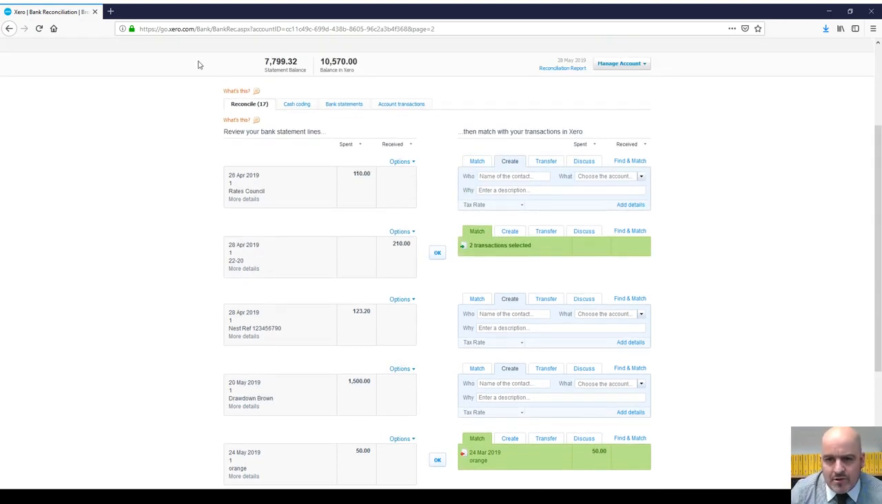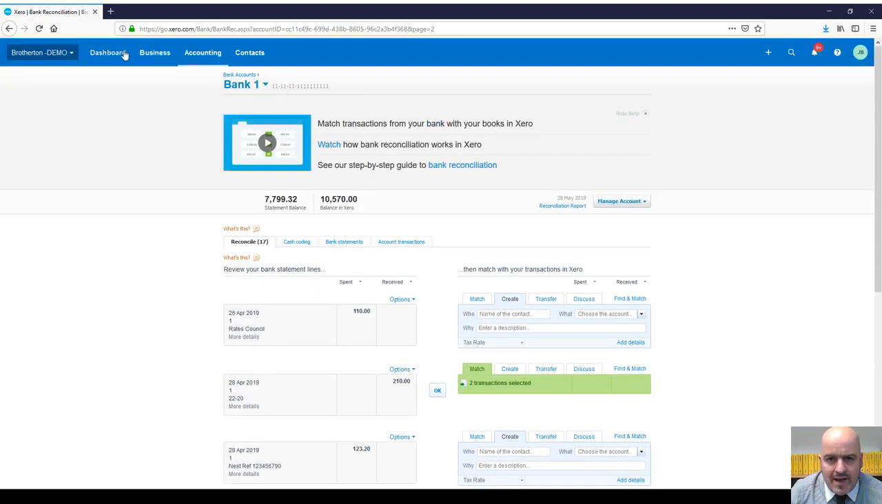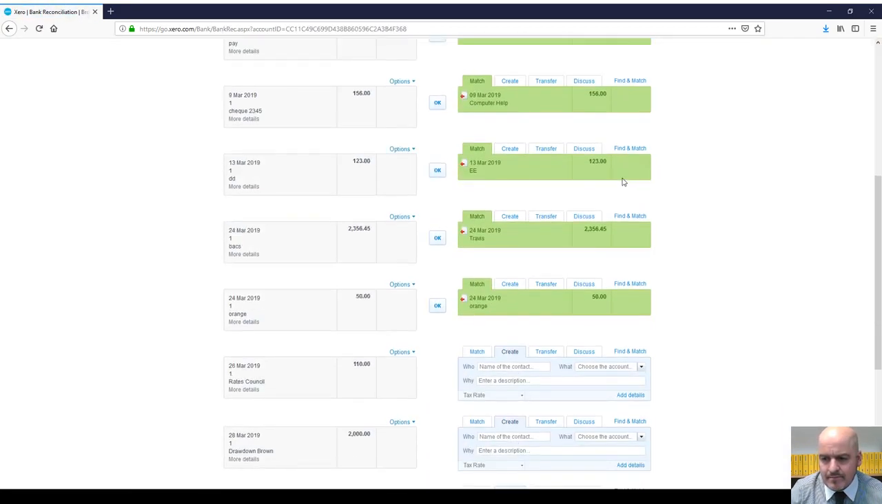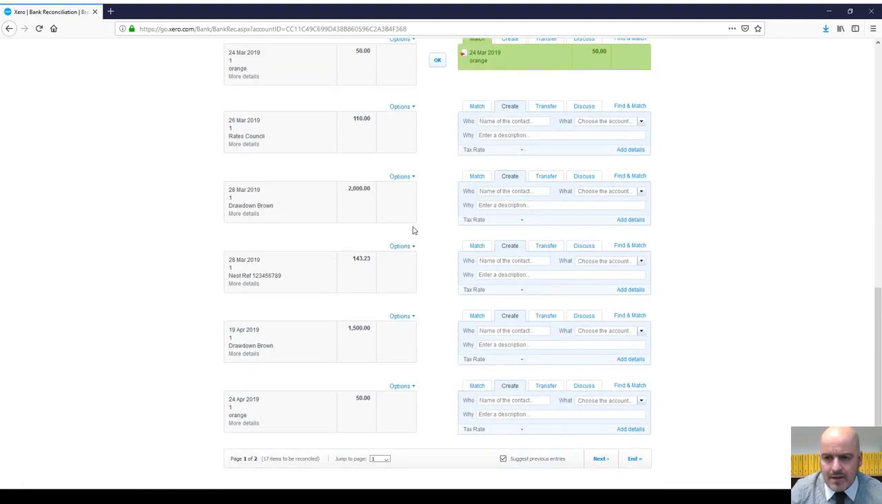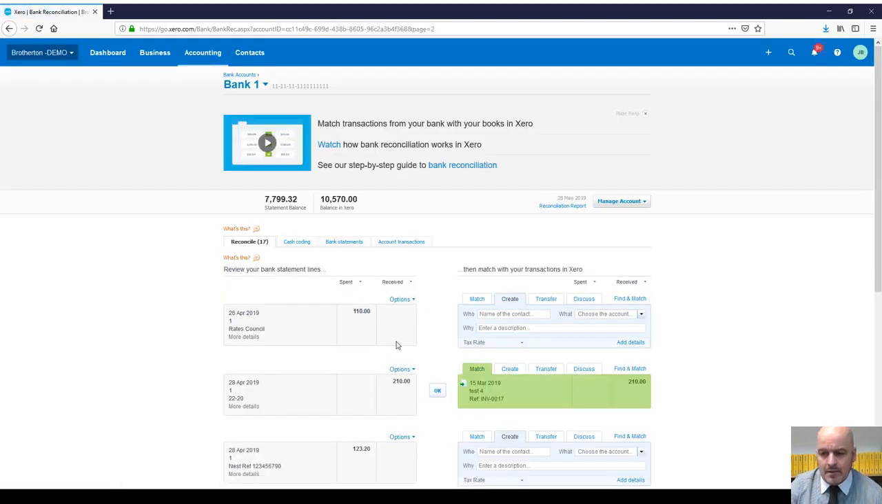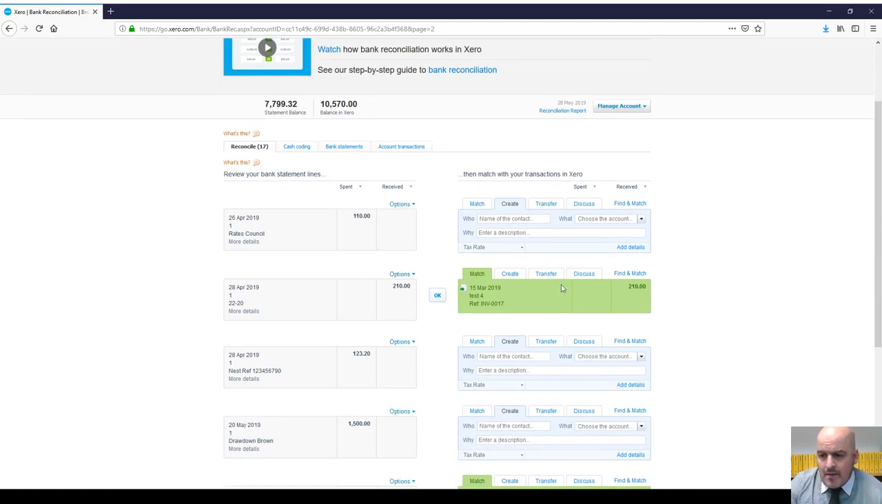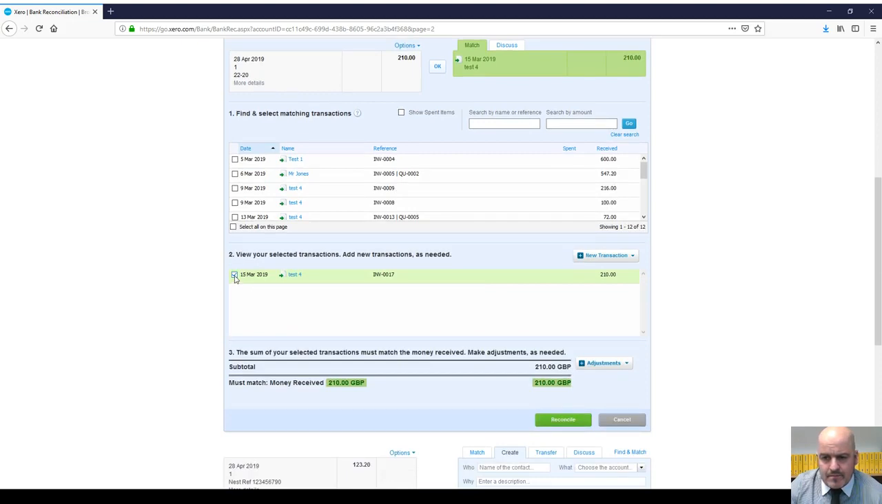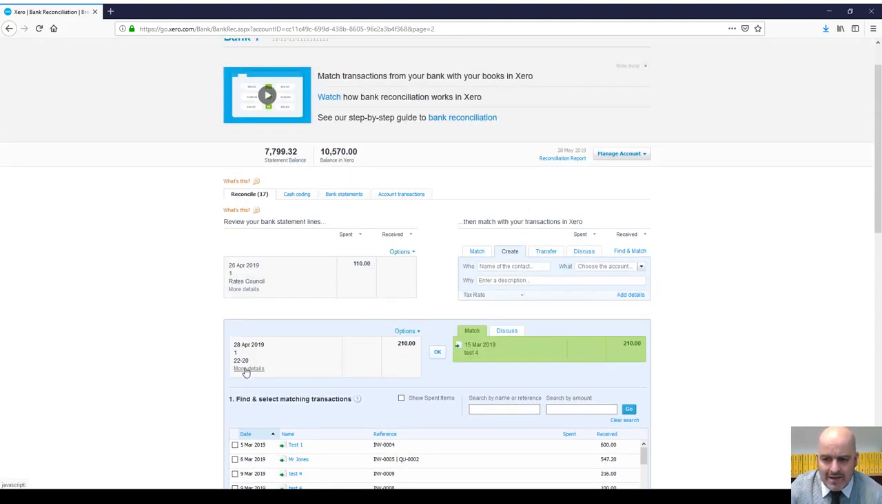Like I say, I'm just trying to do this to give you an idea of how it all works. So dashboard, reconciled item, down here, there's our item, the next page. So find and match, it's trying to allocate it to test 4. So if we had in here,